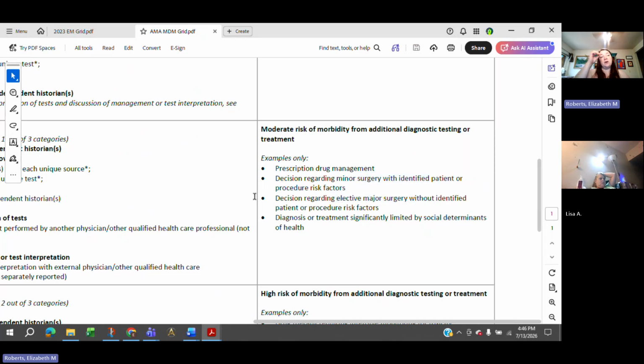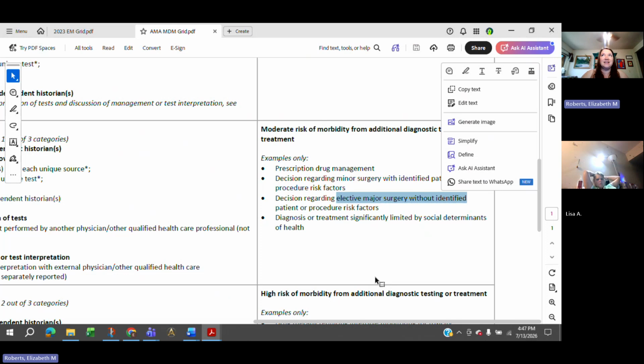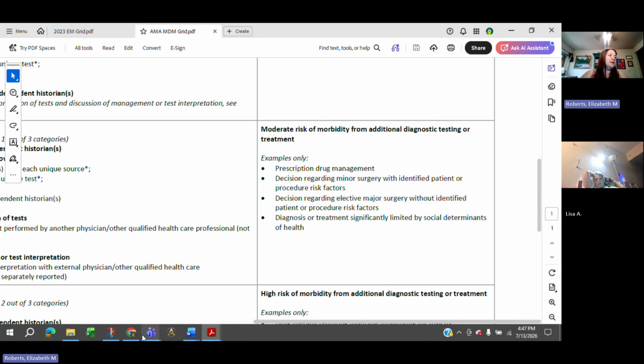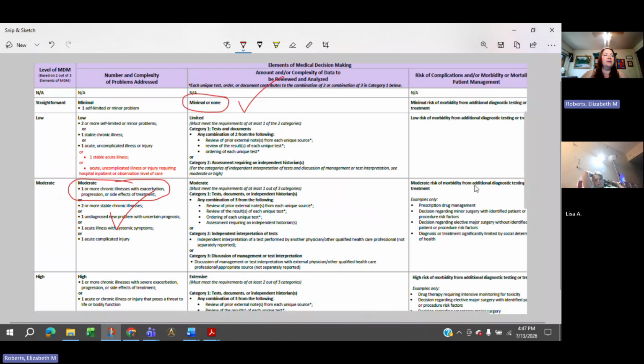Second bullet says decision regarding minor surgery with identified patient or procedure risk factors, or decision regarding elective major surgery without identified patient or procedure risk factors. A mastectomy is an elective major surgical procedure. So it very clearly is going to fall in here.